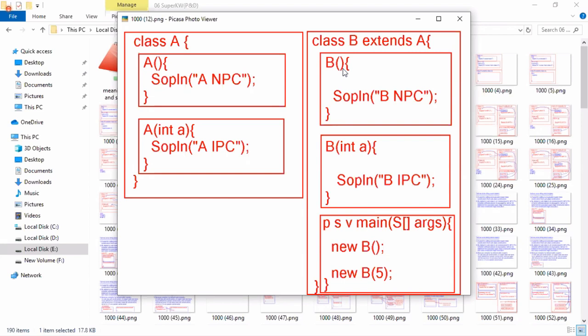Now all of you think and tell me, inside the B class constructor and inside the B int parameter constructor, do you have a super call implicitly? Yes. Now, who is placing it? The compiler places it. When the super call is placed, super class constructors are definitely executed. Can you please tell me what is the output of this program? Don't write, just tell me the output.